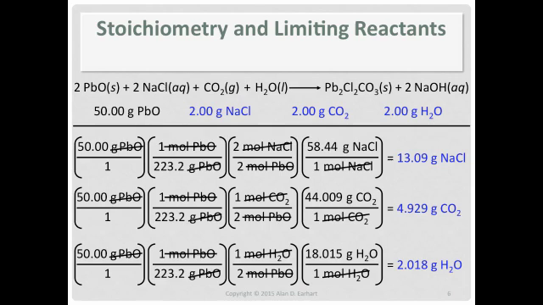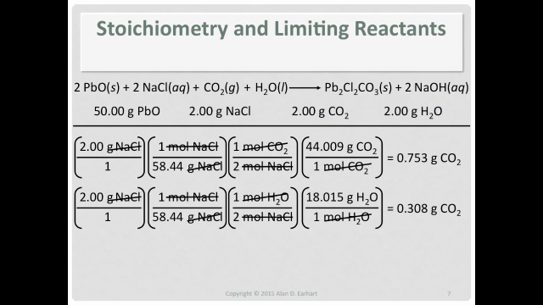So just to show you, let me do a comparison to prove to you that the sodium chloride really is the limiting reactant. So take the 2 grams of sodium chloride and notice that I need less than 2 grams of carbon dioxide, less than 2 grams of water. So the sodium chloride really is the limiting reactant. And then that's how I would do my calculation. I'd go from 2.00 grams of sodium chloride to grams of the phosgenite. There, clear, right? No, that last example I think was really complicated, but you don't see examples like that in the book.